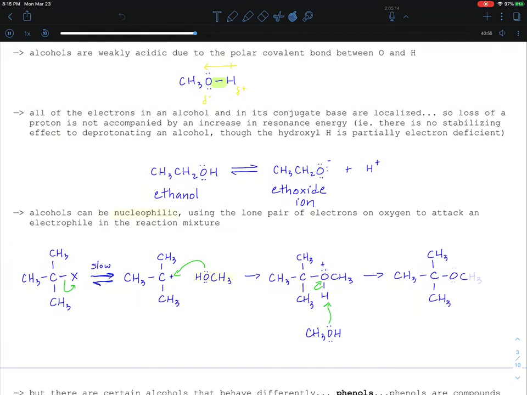We talked about these briefly, but we haven't actually covered ethers yet. So you got an ether here, right? And this is basically just the business end of this process. Yes, there's some byproducts hanging out or whatever, but we've basically used our alcohol as a nucleophile. So those localized lone pairs of electrons on the oxygen can be used as a nucleophile in this SN1 process anyways. But so